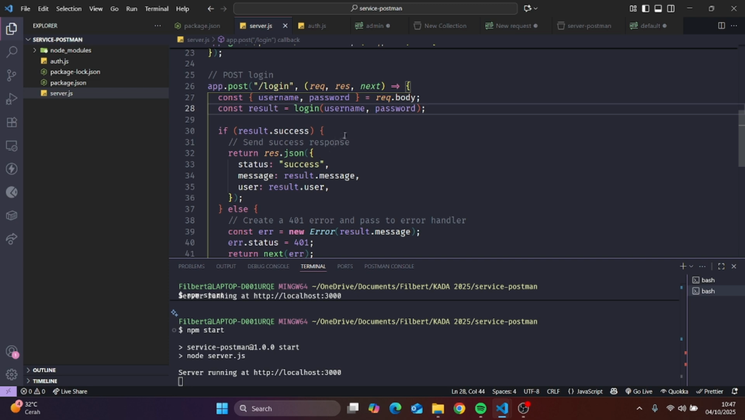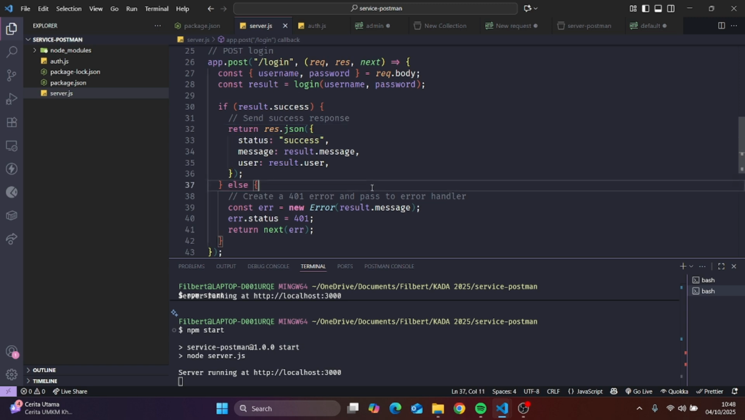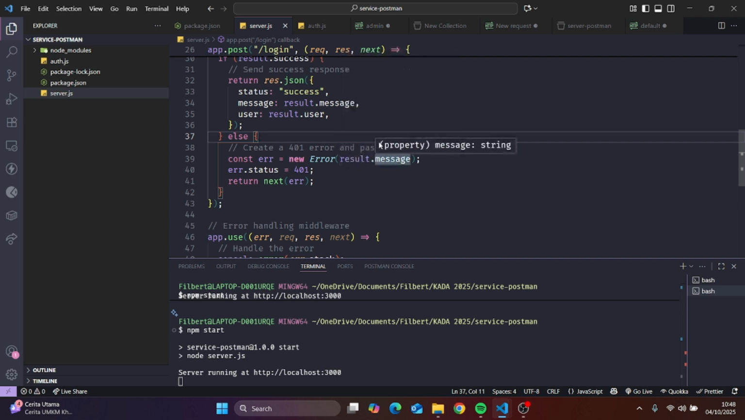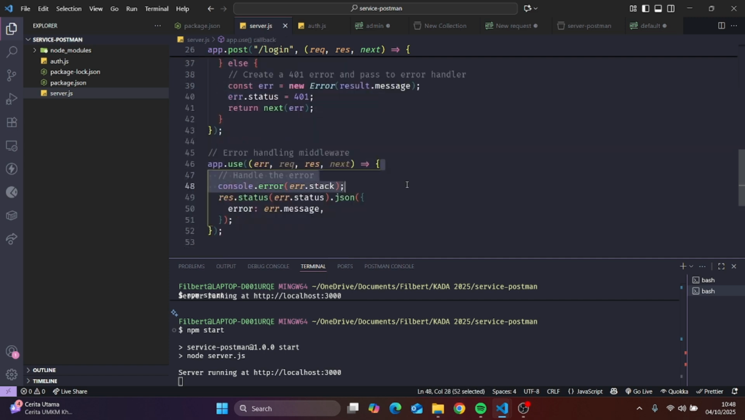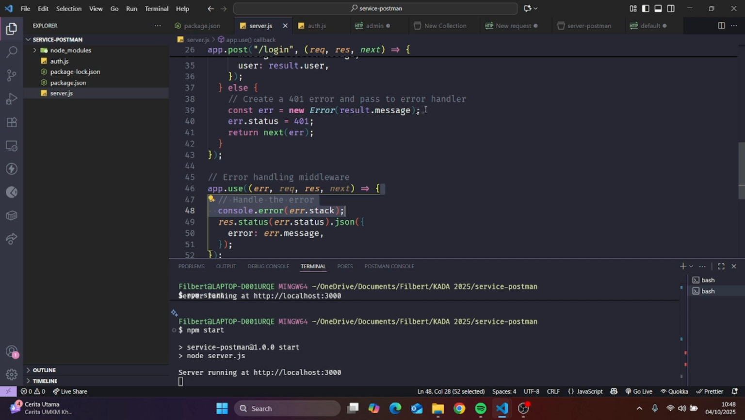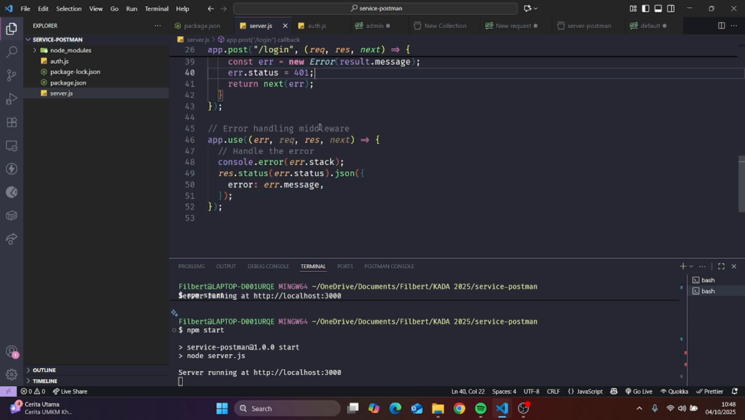Back in the root, we use an if-else statement to check the result of the function. If success, we respond with a JSON object showing status, message, and the user. If failure, instead of responding directly, we create an error and pass it to the error handling middleware, so all errors are handled in a consistent way, like this. An error, it will save the new message and then the status 401 and then pass the error to this